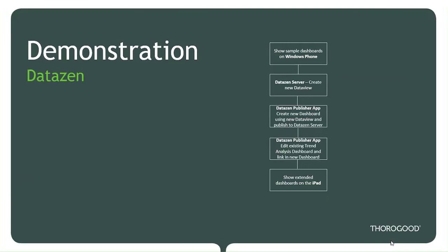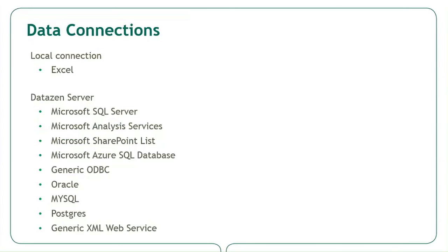Okay, so sorry, a bit of a whirlwind and quite a lot open and quite a lot happening, but relatively straightforward and simple to put together. I think hopefully you have gathered that. Let's move through. So in terms of data connections, although it's very strong against the Microsoft set, this is the